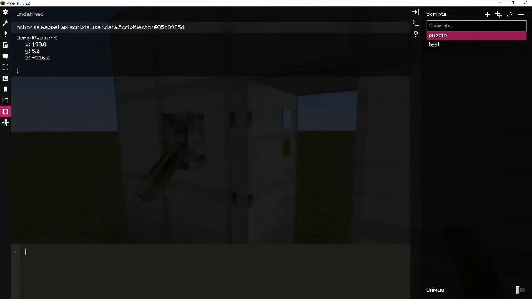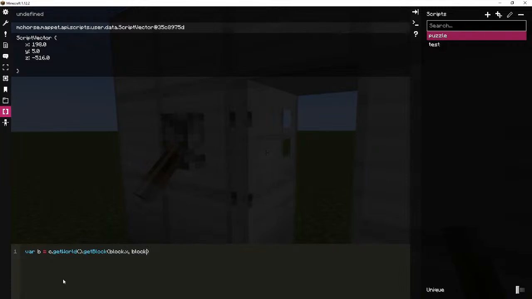You can see the position of these blocks. So if I get a block in the world, so see world, get world, get block,